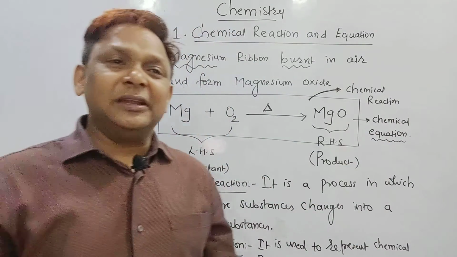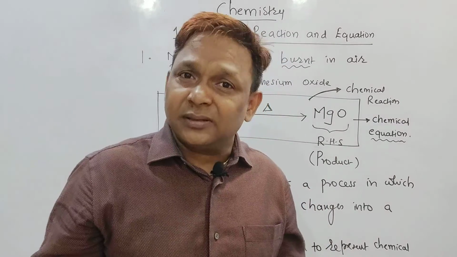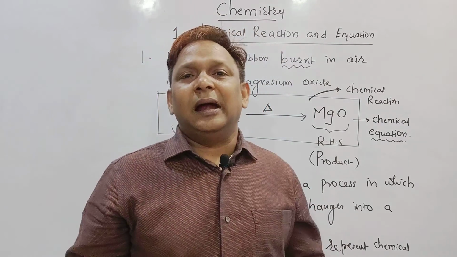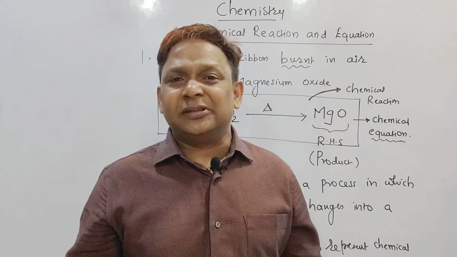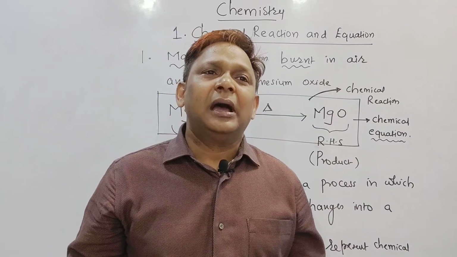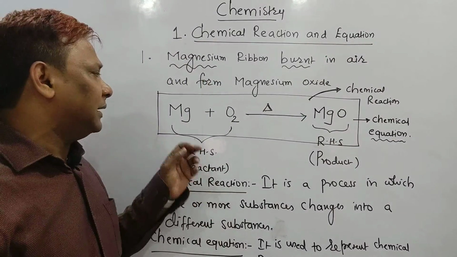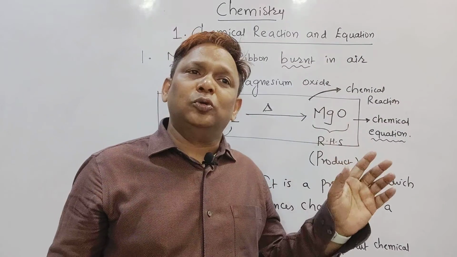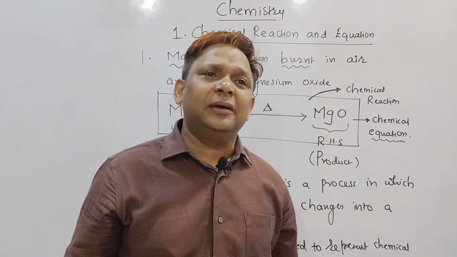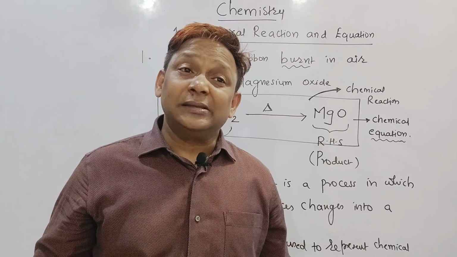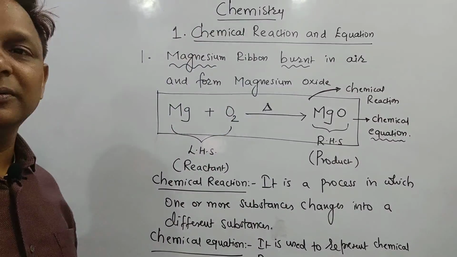If I say one statement, let us say: carbon burns in presence of air and it gives rise to carbon dioxide. If the carbon burns in presence of air and it gives carbon dioxide, how to write the chemical reaction? The chemical reaction can be written as C plus O2 gives rise to CO2. And what does this C plus O2 gives CO2 indicate, beta? It indicates that it is the chemical equation. Please make a note of this one.